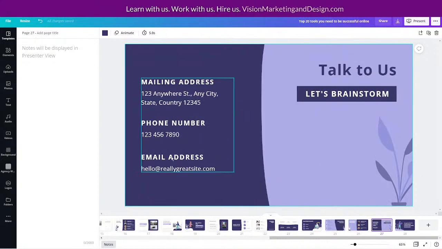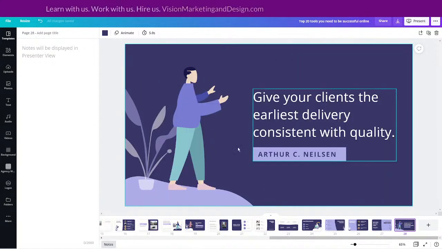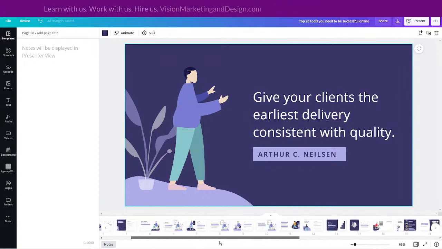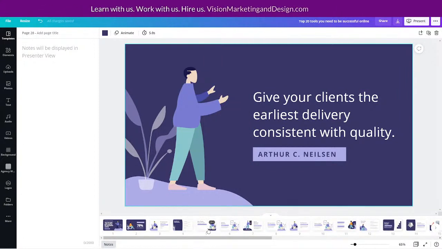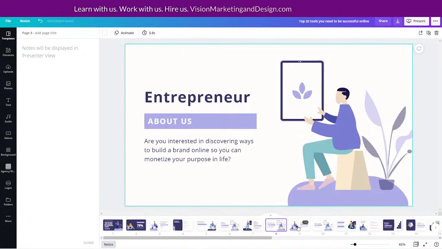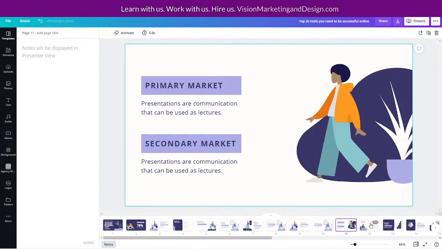And even though it's not automated, we can still automate. So this could obviously be your ending, and then maybe this one as well. So this would be like, give your clients the earliest delivery. Okay. So like this slide here could be like, and if you upgrade now, you get the additional 20 tools added to your back office, right? So we've decided now who needs the tools, online coaches. We've created these, online seller.